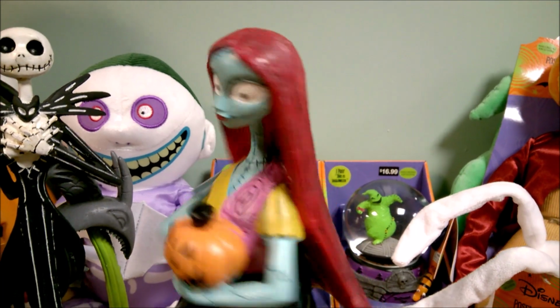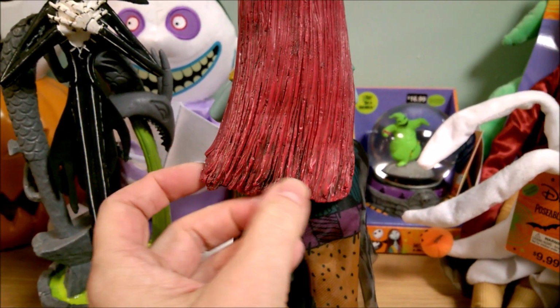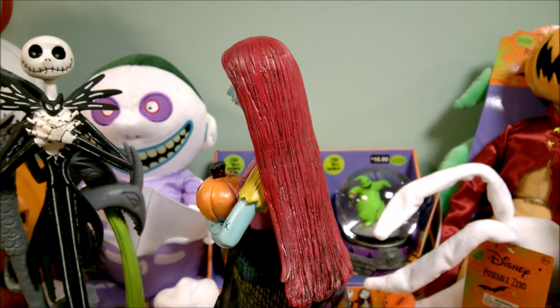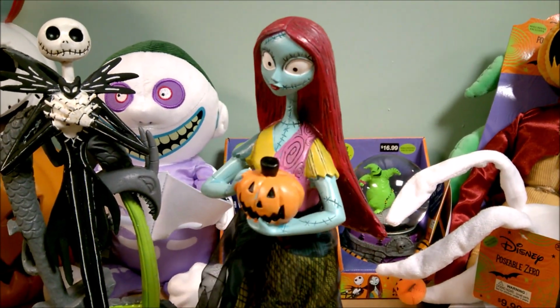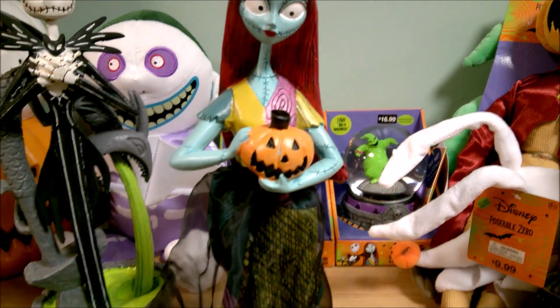They did decent on that. And they did add a lot of texture to her hair. Let's look at all that texture there. So, for a $15 figurine, she ain't too bad. I mean, Pumpkin could have been painted a little better, but...